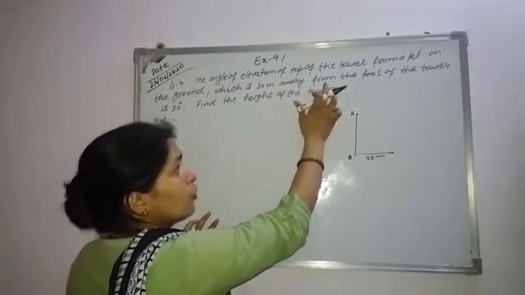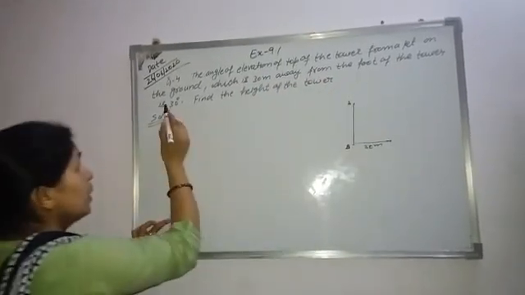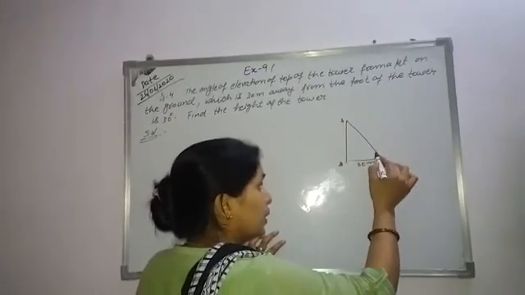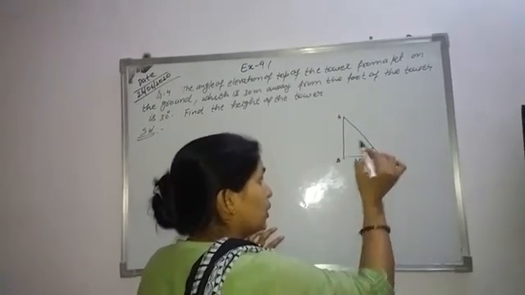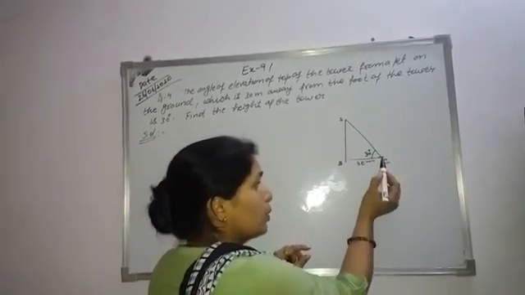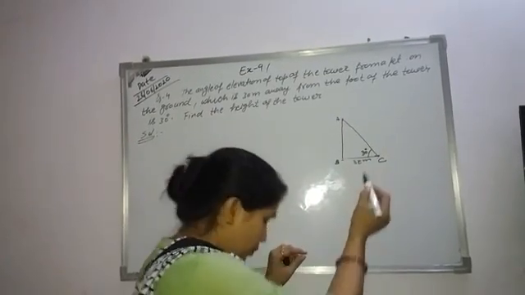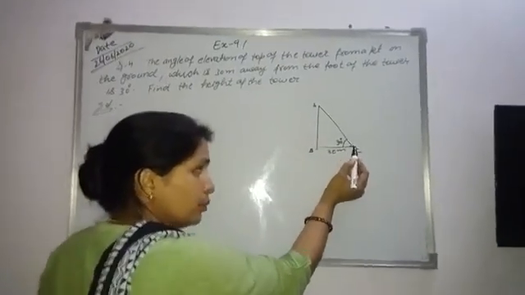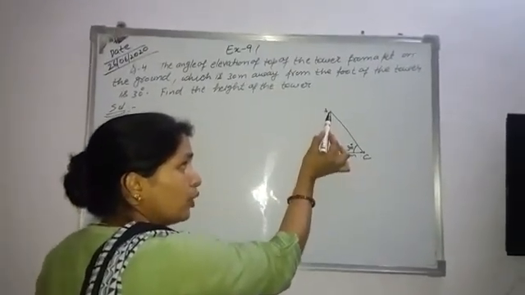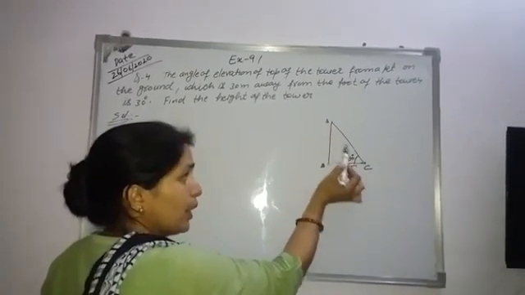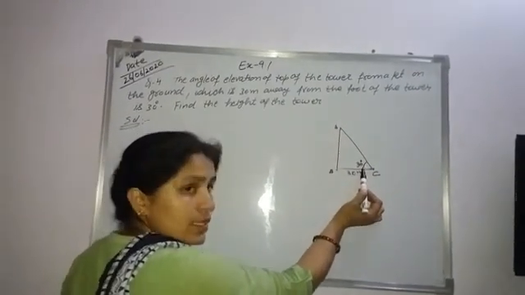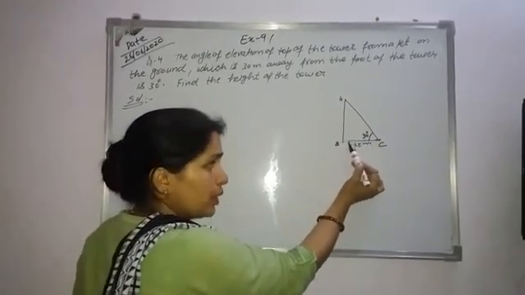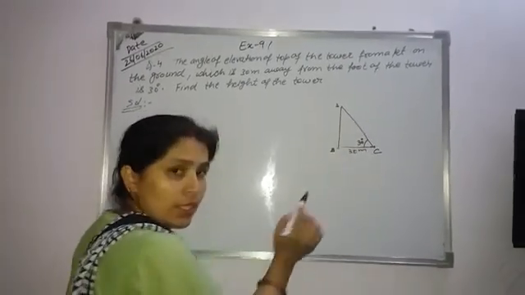And the angle of elevation here is 30 degrees. So this angle is equal to 30 degrees. We are at position C, standing here, and we want to see something, and that object is at point A. So there is an angle of elevation of 30 degrees, and the distance from the foot of the tower to the point is 30 meters. These two conditions are given to us.